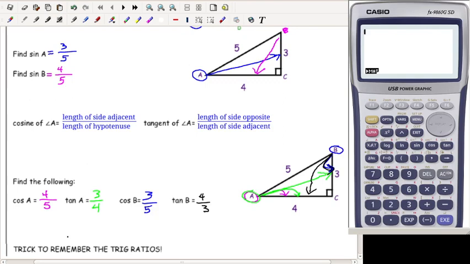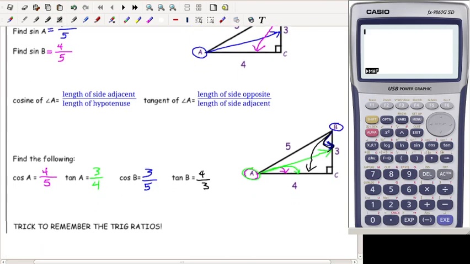So you'll notice that there is some repetition. A lot of the numbers get used again. The sine of A is equal to the cosine of B. The sine of B is the cosine of A, because the side opposite B is adjacent to A. And tan of A and tan of B are just the flipped over fraction of each other. They're not exactly the same, but they're flipped over. So other than writing this out every time, cosine of A is the length of the side adjacent over the hypotenuse, and the tangent of A is the length of the side opposite over the length of the side adjacent,